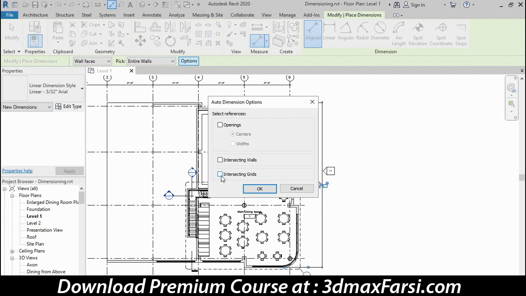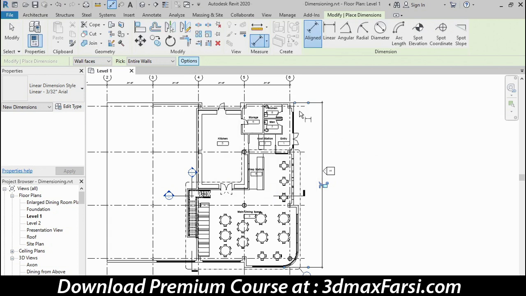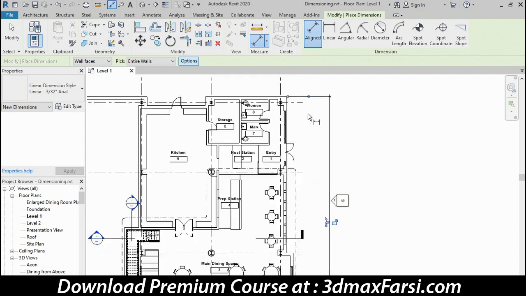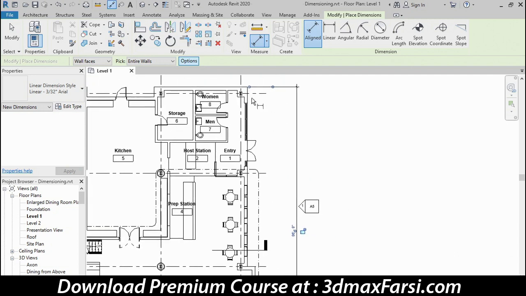The first one I'd like to show you is the intersecting grids option. So I'll check that box, click OK, and I'm going to select this upper wall right here. Now notice it highlights the full length. Let me zoom in a little on that so you can see. And I'm going to highlight that wall again. So with a single click, it will find the length of that wall. And because I turned on intersecting grids, notice that it also creates witness lines at each of the two grids